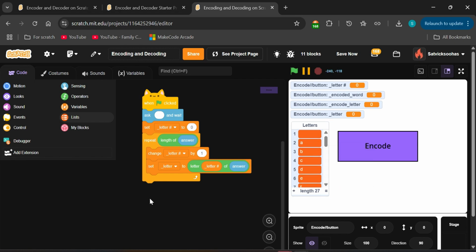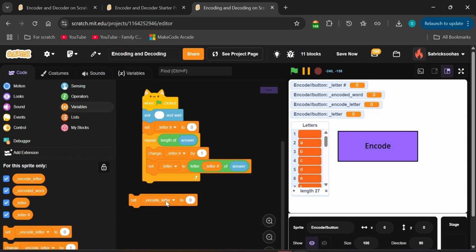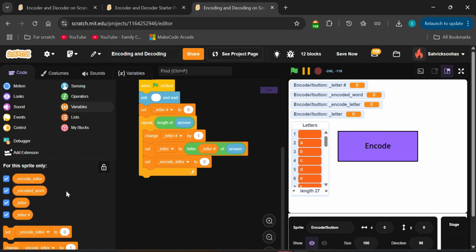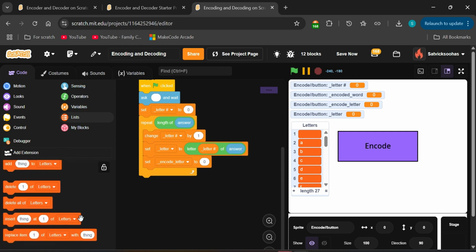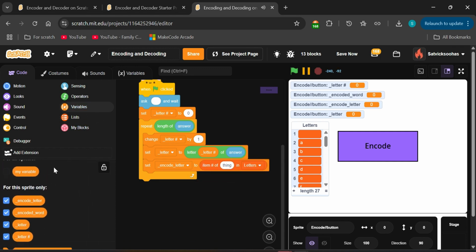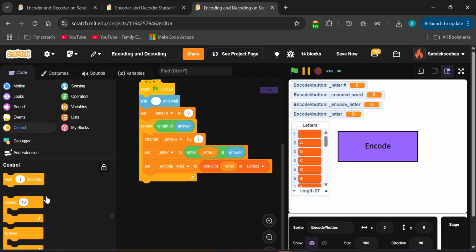So now we're going to set decoded letter, encoded letter to item number letter in letters. Now we're going to take an if